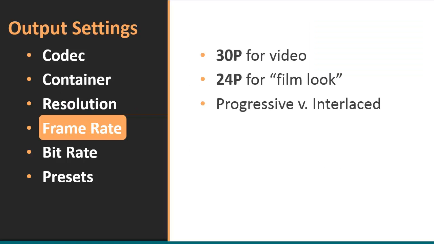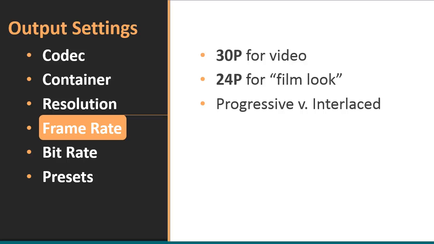Here's something we haven't talked about too much in the course, and that is frame rate. Most of the cameras you're using now are shooting 30p video, even on your phones. And this is very common, it's excellent quality, and it's what most of us are going to use. It is possible to downsize the frame rate just a little bit to 24p, which is a standard for Hollywood. This creates more of a film look for the content that's in your production.